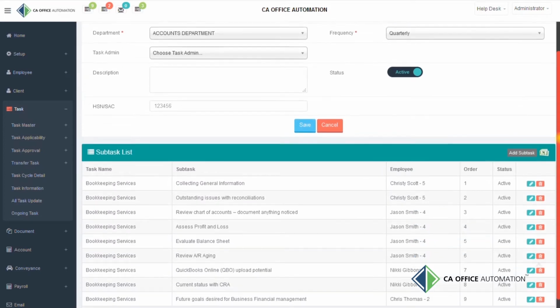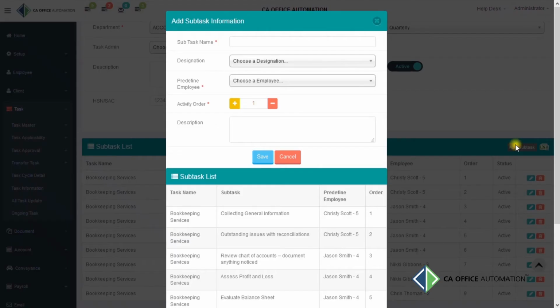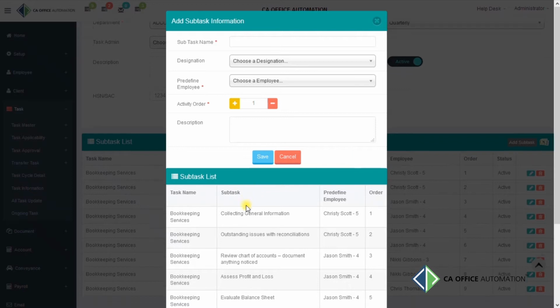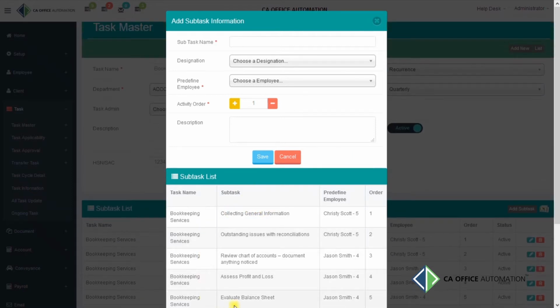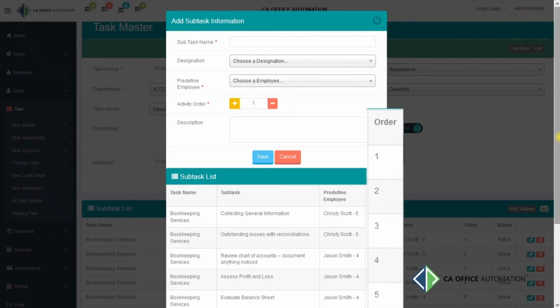You can add subtasks, that is, a checklist, for any task. Subtasks are steps of a task-related procedure. You can add n number of subtasks, and you can even maintain the activity order of subtasks, that is, the second number subtask appears on the concerned employee's dashboard only after the completion of the first number subtask.